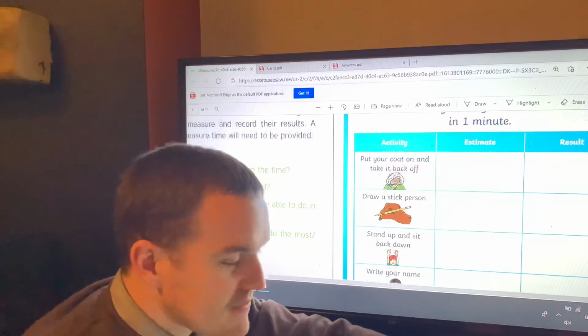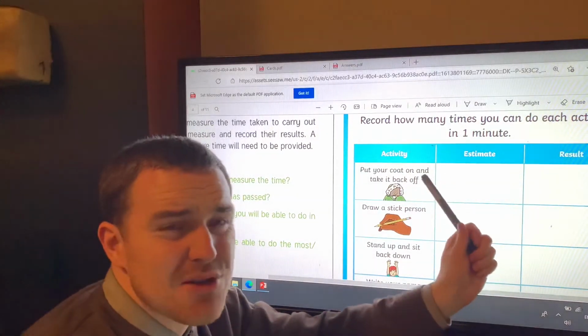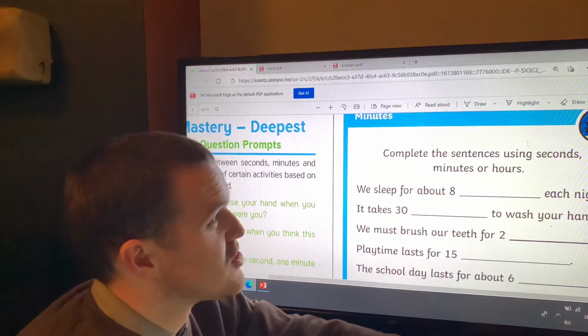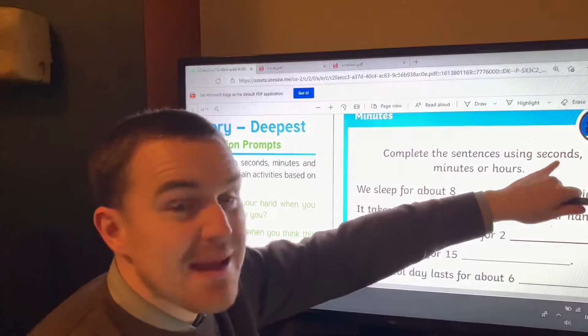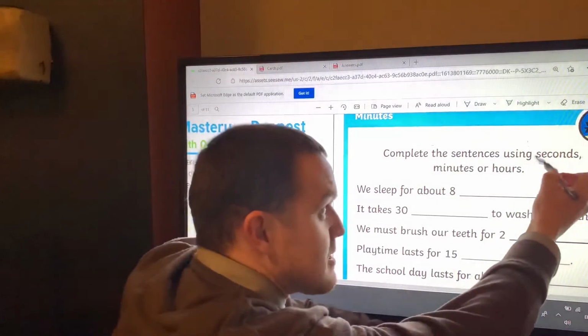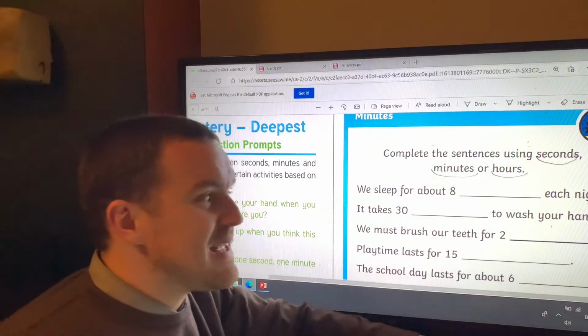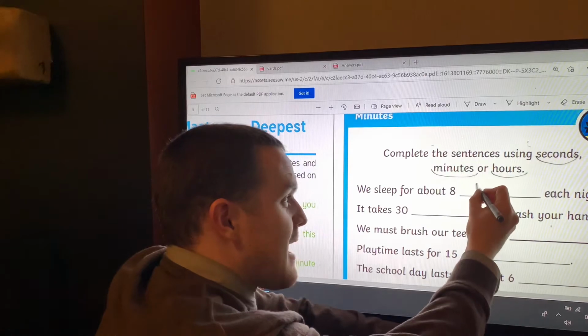There's that. Then there's some more estimating things. How many times can you do these? Similar to the first ones. And then there's some really, really hard ones where you have to put in the missing words. So complete each sentence using seconds, minutes, or hours. So you've got your spellings of the 3 important words here. Seconds, minutes, hours, okay? We sleep for about 8 something each night. Well, we already said, when you sleep for quite a while. So 8 hours